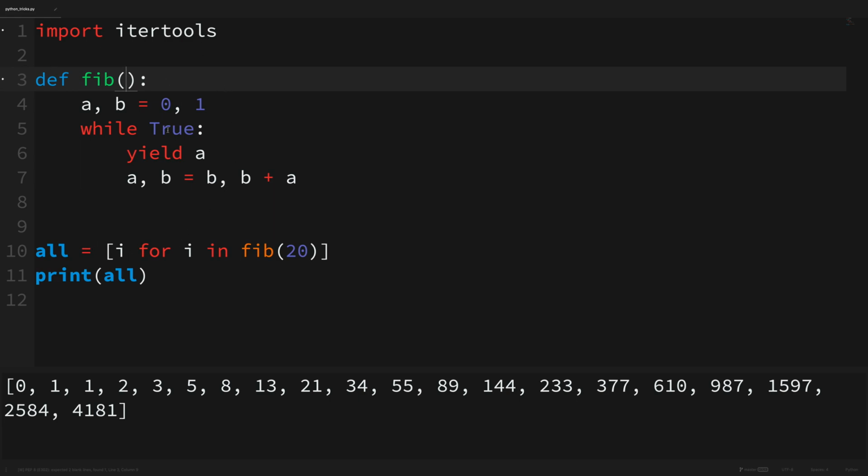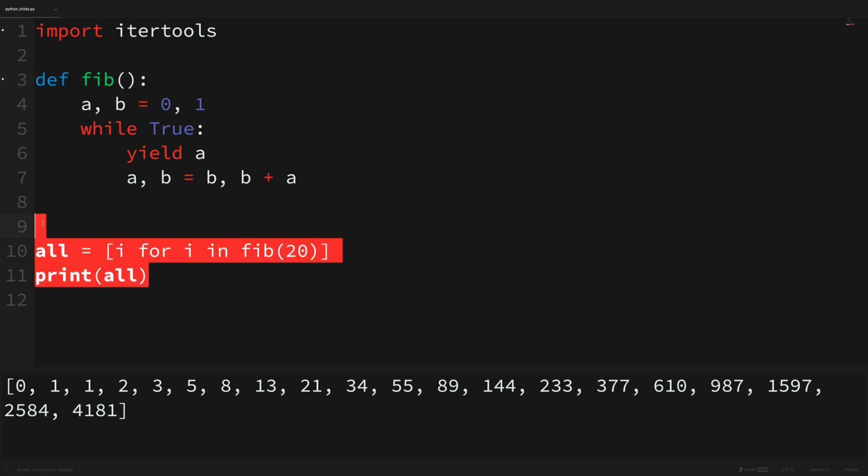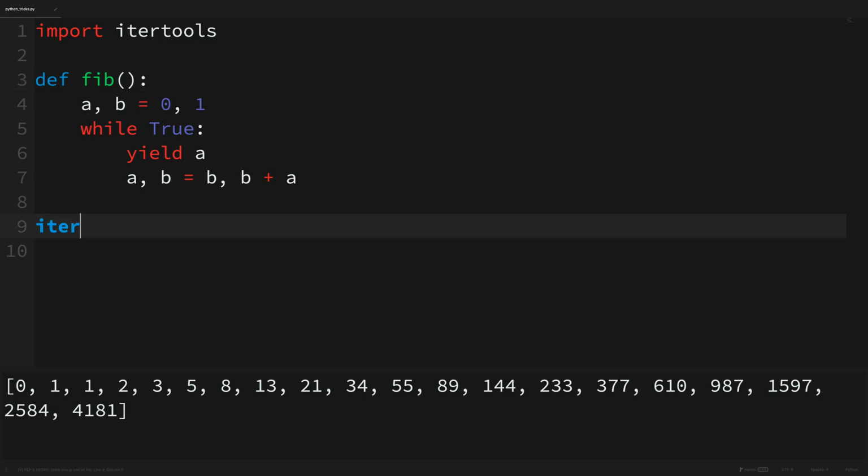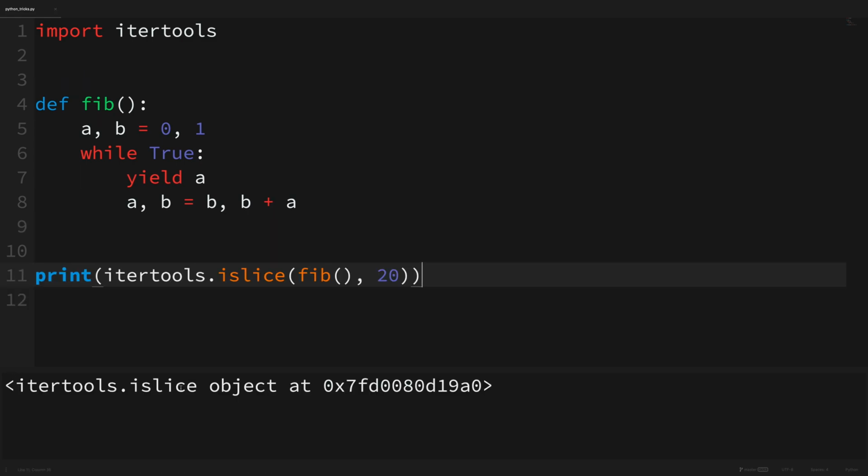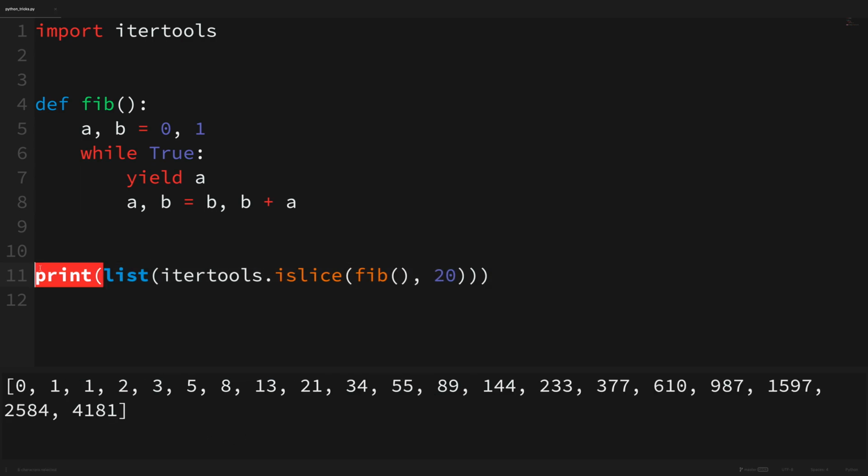So how do we actually use the tool though? Well, we can get rid of this line here, and we're going to say itertools.islice, or islice, which I'm pretty sure it's the first of the two. And then we'll just get our generator and pass in the number of elements we want. And what we're going to do is we're going to print this as is, and you can see that we get an islice object. But we need to convert this to a list, which is actually really easy. Just surround this in parentheses and pass it to list, and there you go. So to get the exact same results as what we had in the previous tip,